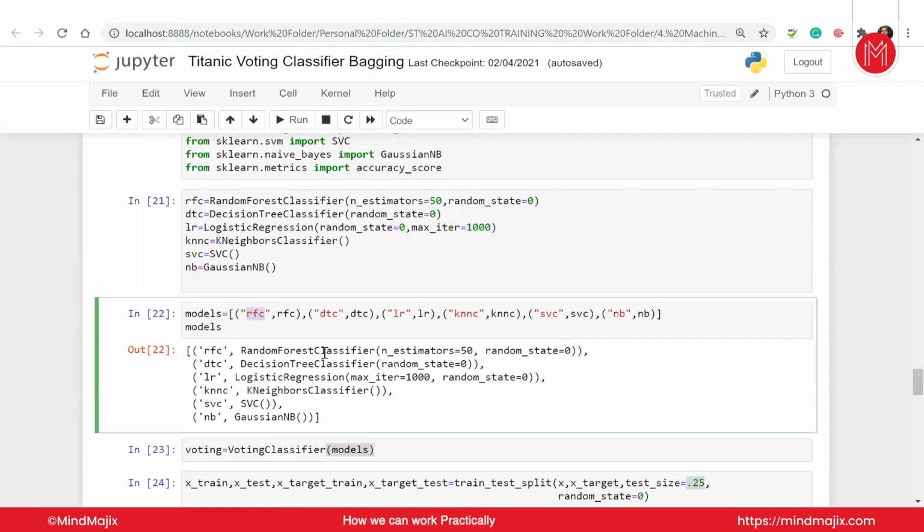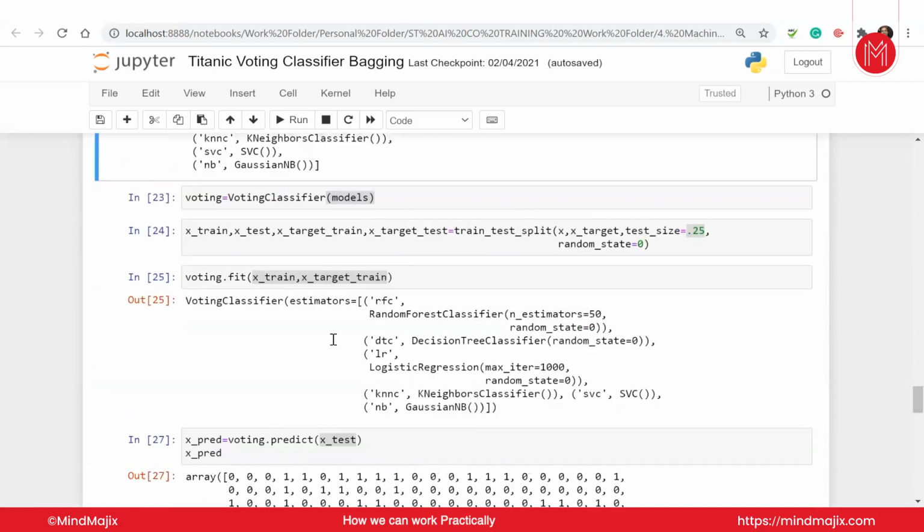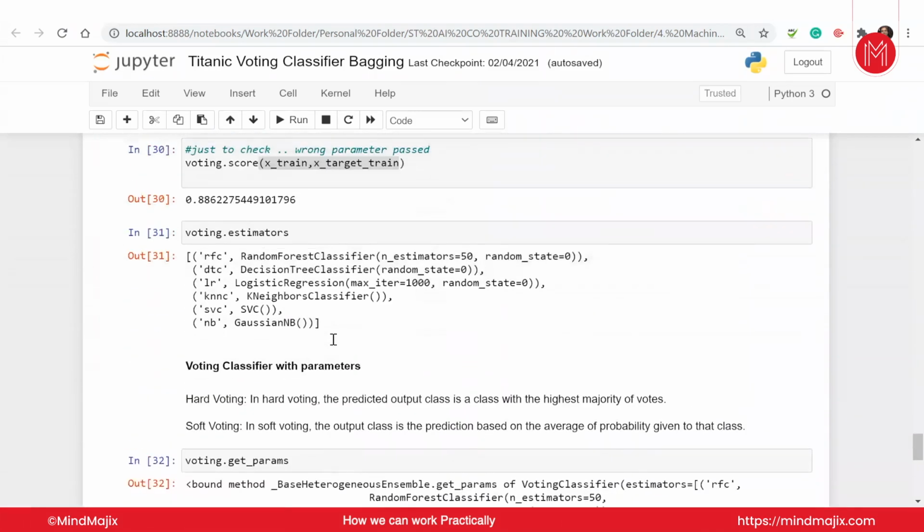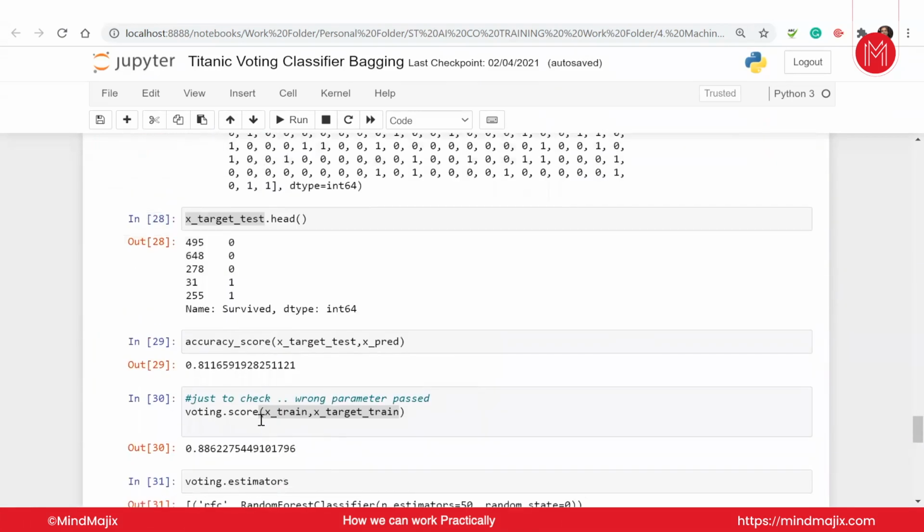So, strongly recommending use this thing. Don't use RFC model inside this. Apart from that, use other techniques and see the results for yourself. How it is working, how fruitful it is to use voting classifier in your technique. I hope this video makes sense. The accuracy that I'm getting is 81 at the end, and I have used it wrongly. This is not the correct way. I was just trying to explain that you can use and check the actual values, accuracy, and see the idea how it really works. So that will be all for the video.